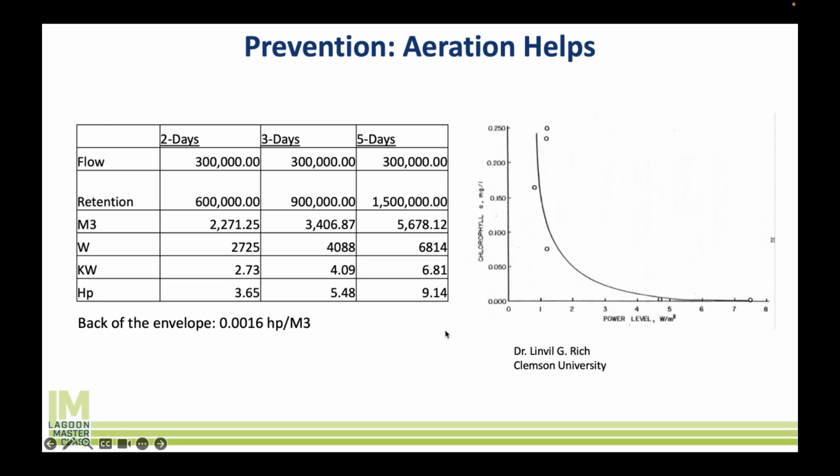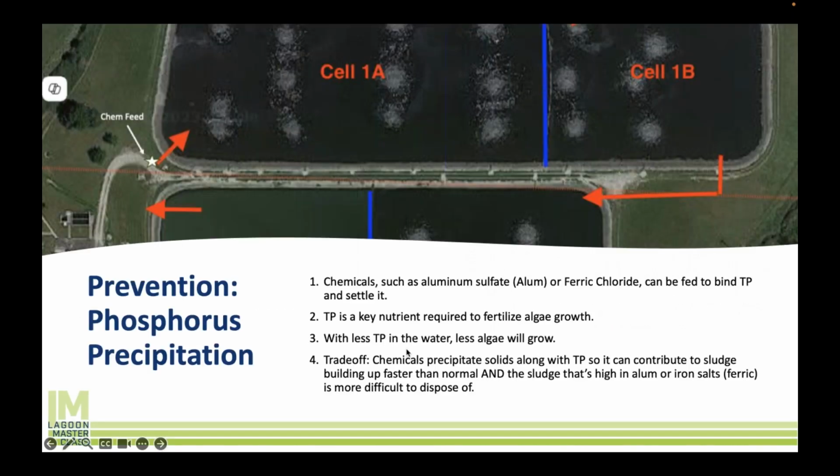Unfortunately, I think the issue with it is that you can't aerate your entire system, and at some point you're going to have a quiescent zone, and in that quiescent zone you probably are going to get algae growth. But I would say if your aeration isn't really working very well, or it's kind of half busted,